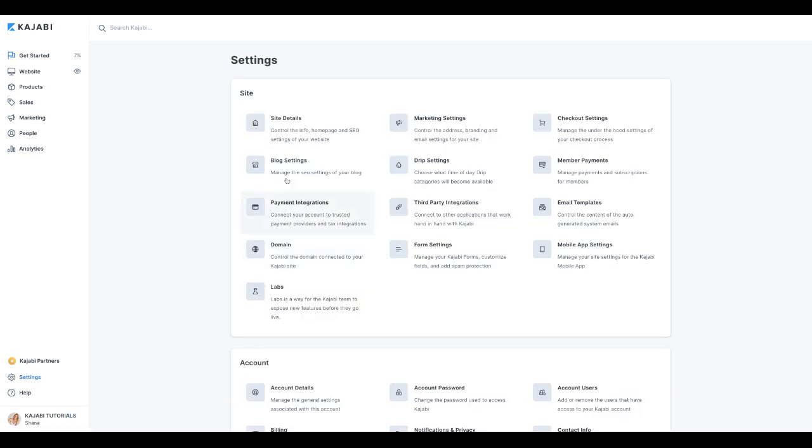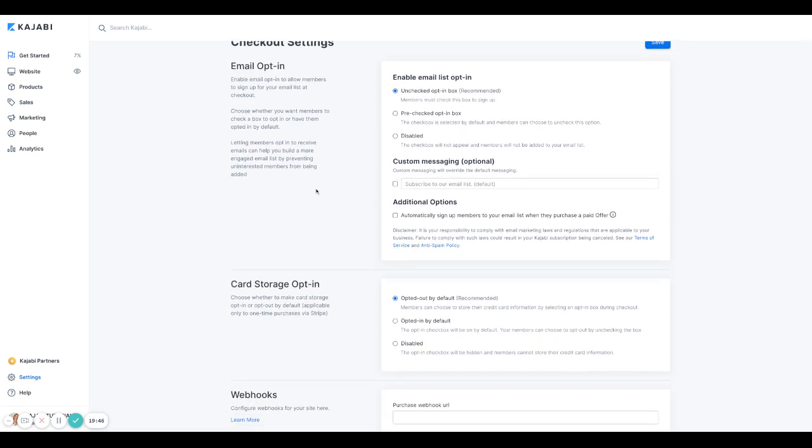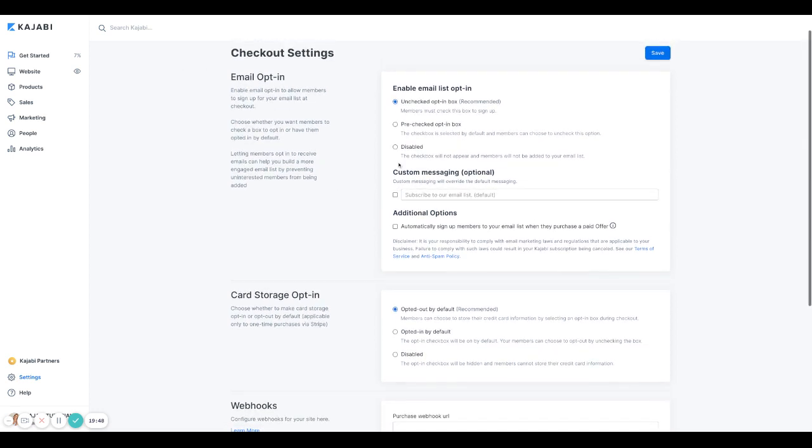So that's the payment integration. If we go to the checkout settings, and you'll see this when we get into sales, this is where you create the checkout process for your clients. A couple options that you can set up prior to setting up your checkout pages is enable email list